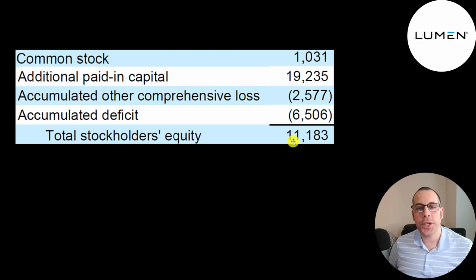This is the equity section of their balance sheet. They have $11 billion of equity. They raised $19 billion from selling their business, and they lost $6.5 billion from running their business. Accumulated deficit is the sum of all your prior net incomes minus the sum of all the dividends you paid out. It's not a good sign historically they're running a loss, but I think a lot of it is due to all those goodwill impairments they're